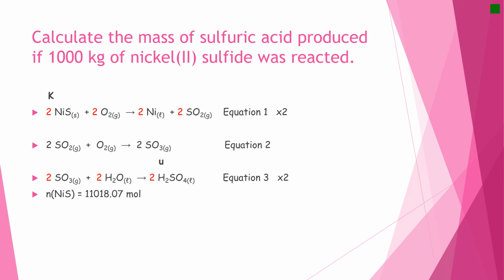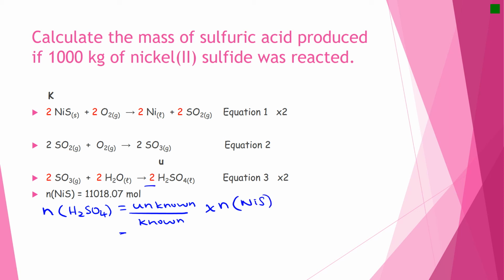Okay, so now that we've got our moles, we're going to find our stoichiometric ratio for the moles of the unknown. So we're going to go the number of moles of sulfuric acid will equal unknown over known times by the moles that you know,